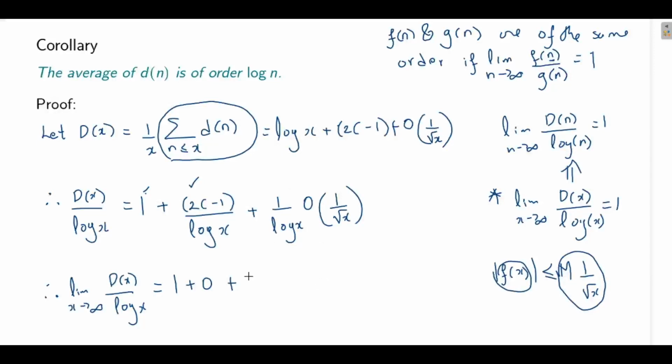Okay, so this will also be 0, and this is a function that we know: the limit as x tends to infinity of 1 by log x is 0. Also, if this function is 0, so this will be 0, which is 1. Exactly what we wanted to prove. Okay, that the average here, your dx, is the average of dn. So this will be 1, and therefore the limit as n tends to infinity, I'm using this fact here,